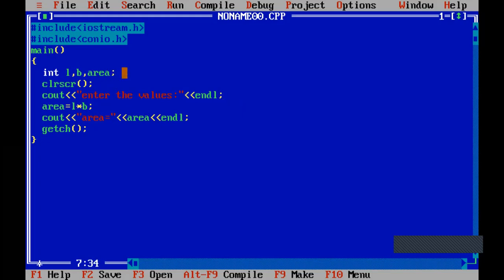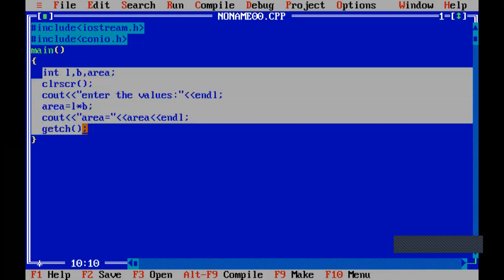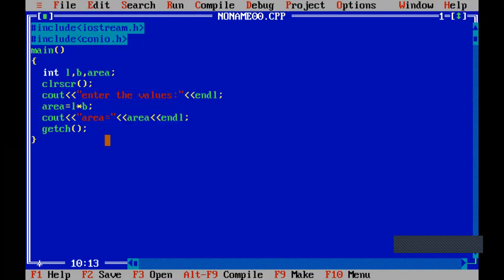So the semicolon works as a terminator, meaning it is the end of the line. Every line must end with a semicolon apart from main and the header files. So these are some of the punctuators we are making use of.